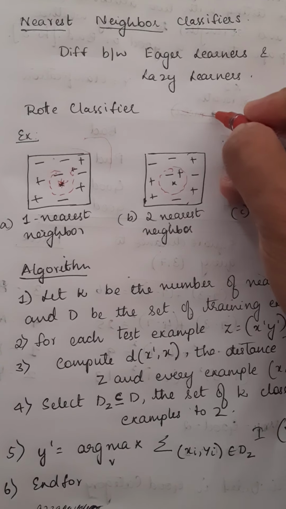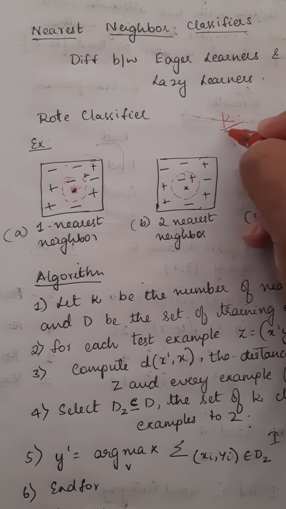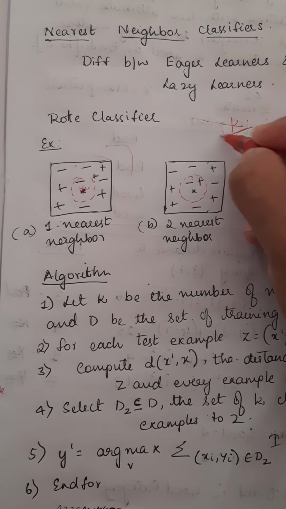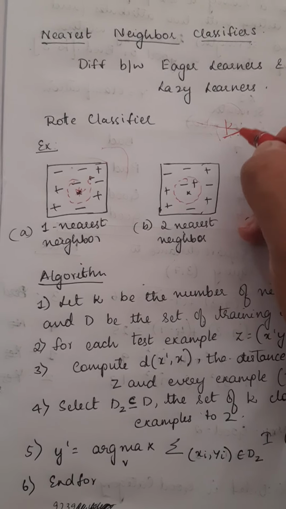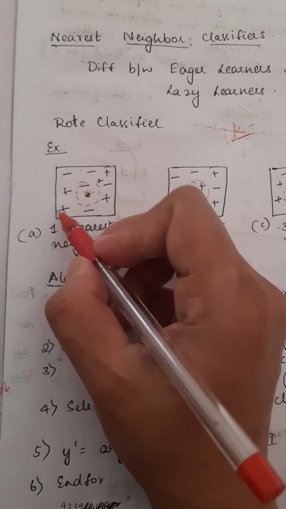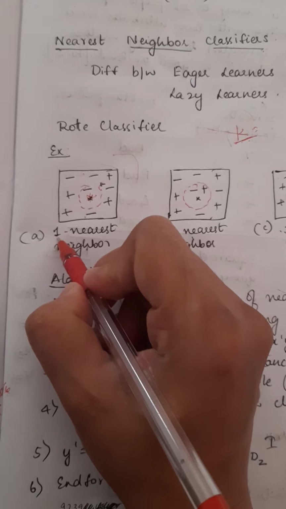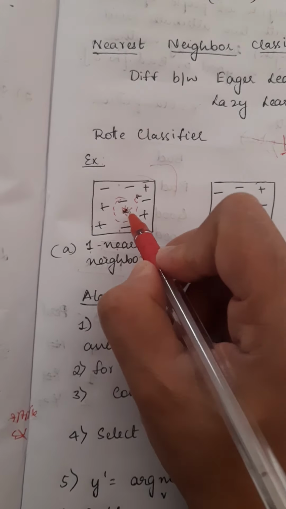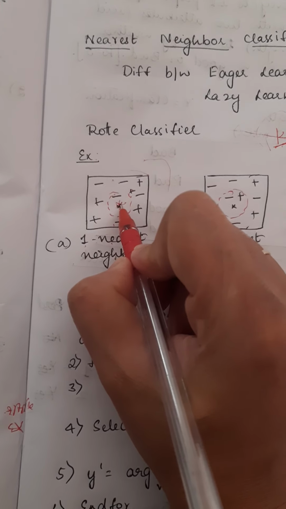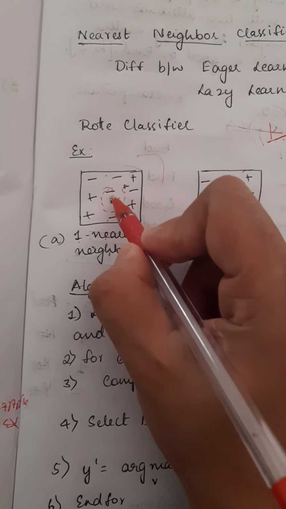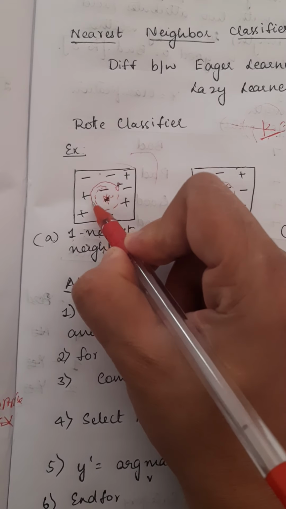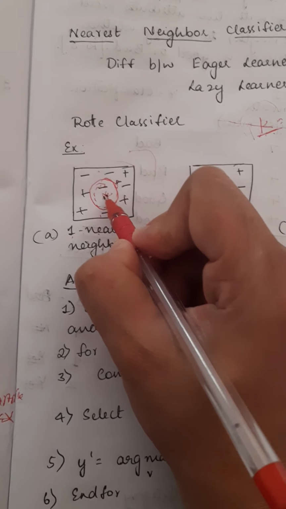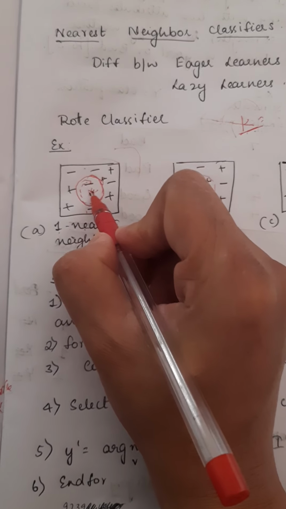So here we define something called K. K is defined by the user. It can be any value. K indicates the number of nearest neighbors which I have to take into consideration. So in the first example, if K is equal to 1, I am taking one nearest neighbor. I will find the nearest neighbor to this test instance. Assume the nearest neighbor is of the minus class. Okay, this is the area which is covered and the nearest neighbor in this is minus. Then I will classify this one as belonging to the negative class.